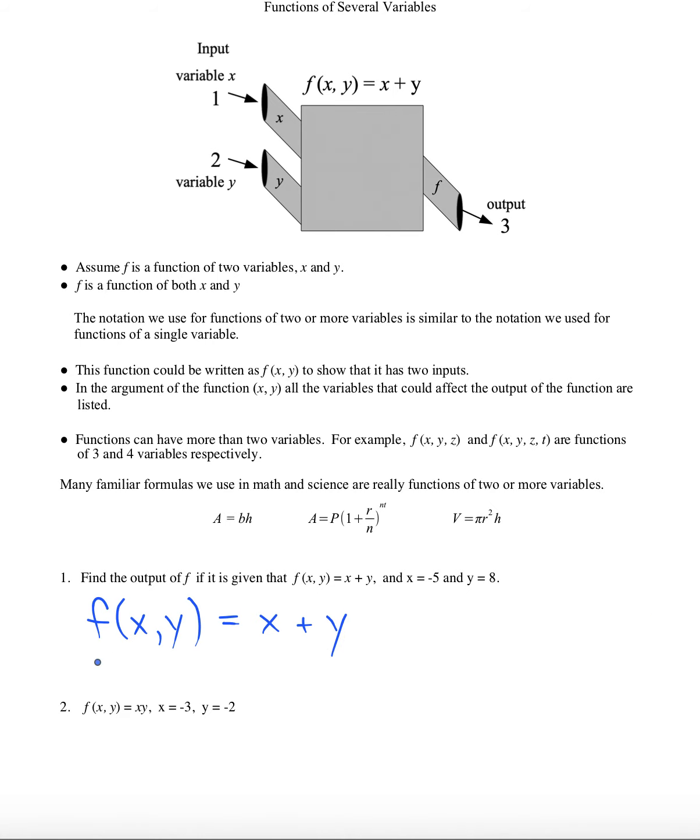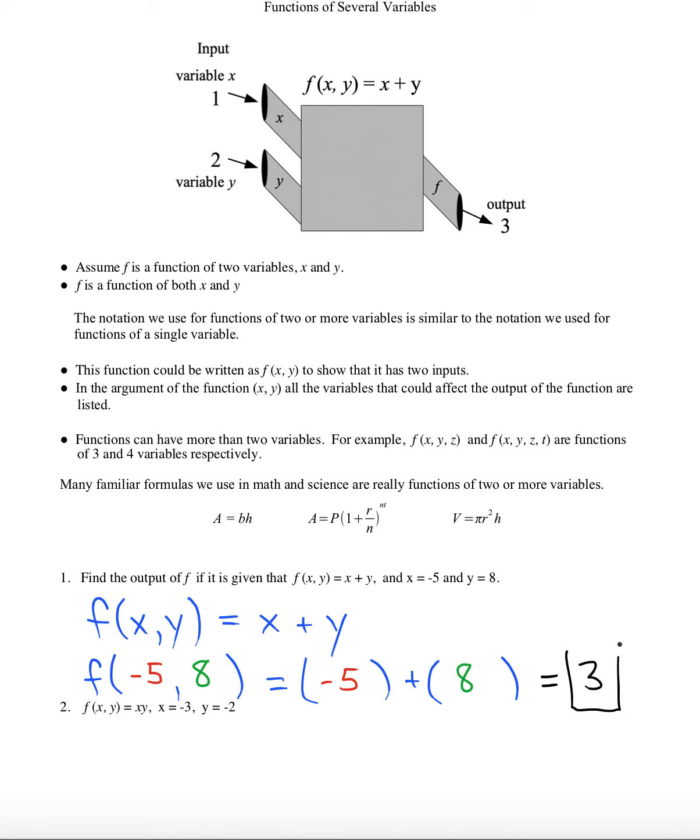And now I'll remove the variables and put parentheses in their place. And it's telling us that x should be -5, so put a -5 wherever the x appears. And it's saying that y should be 8. So our final answer is